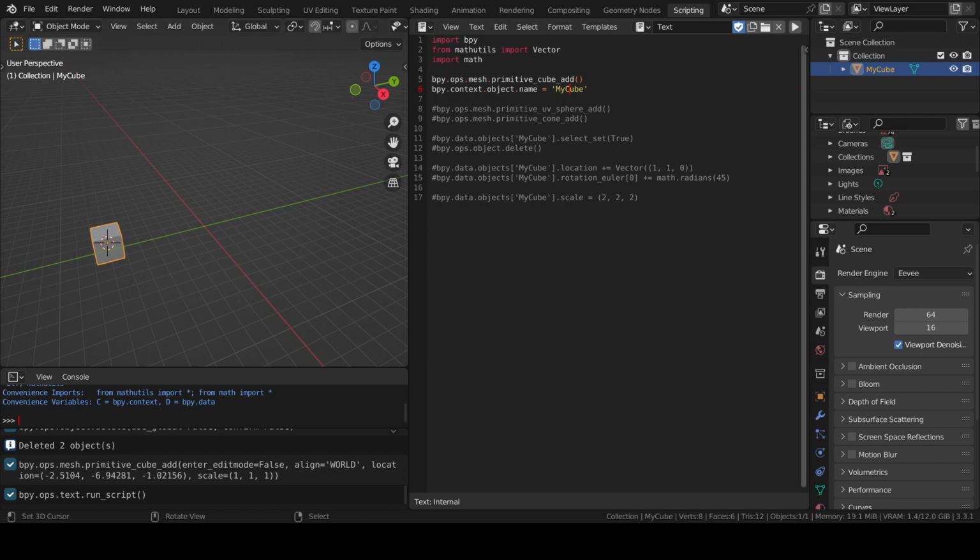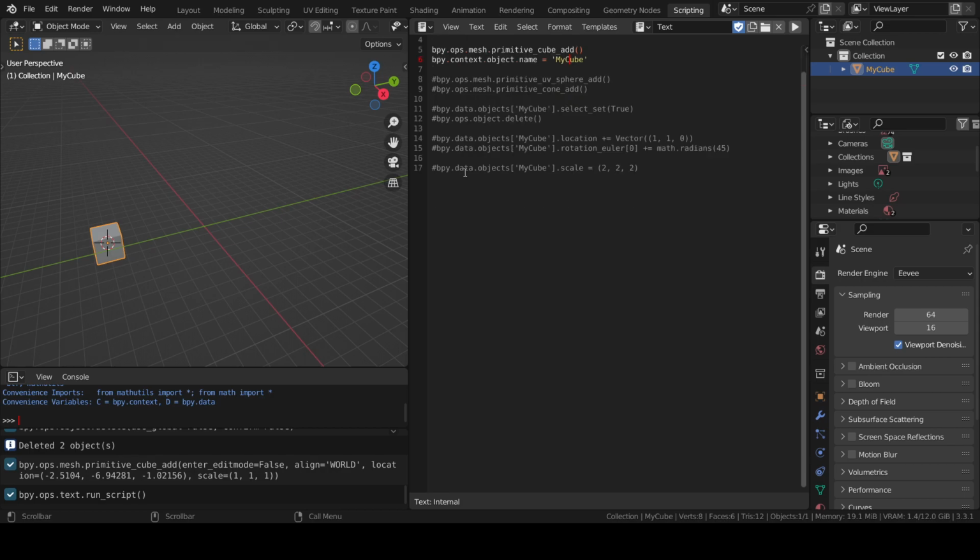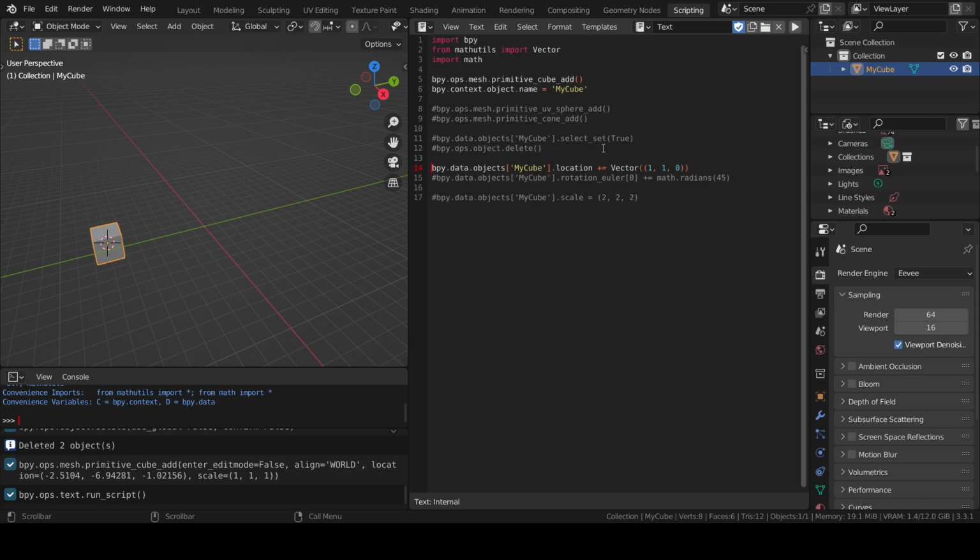Now I'll just try to move the cube. Okay, so we can address its location in the 3D space by modifying its coordinates. Watch as I move it along the x and y axis. So in this, as you can see, this is the command: bpy.data.objects myCube.location, and we are just giving the coordinates in the x and y direction. Z is 0. So as I execute it,